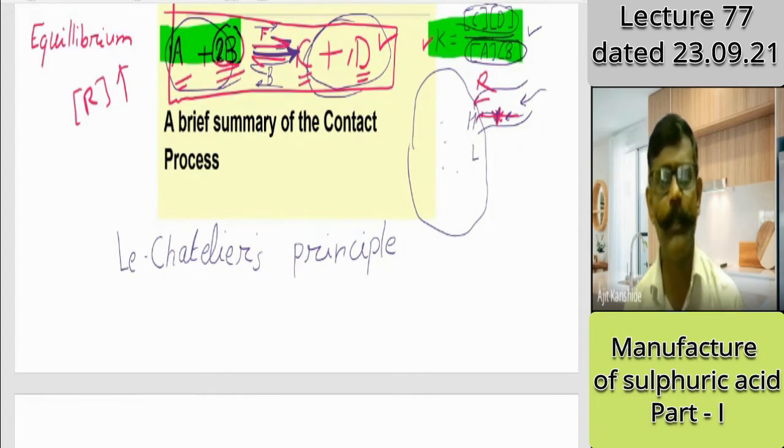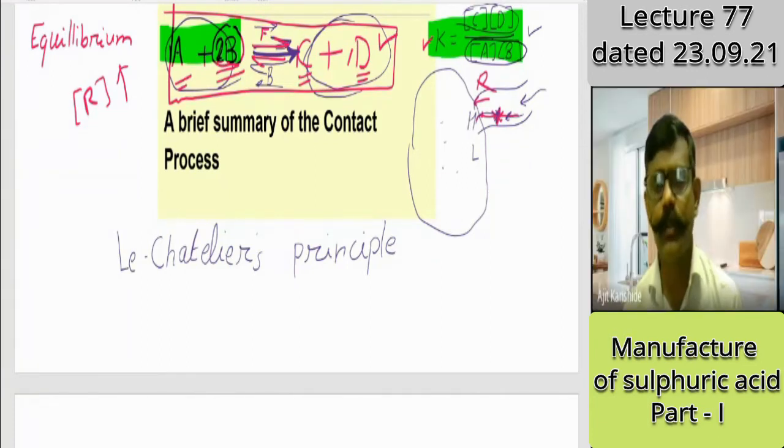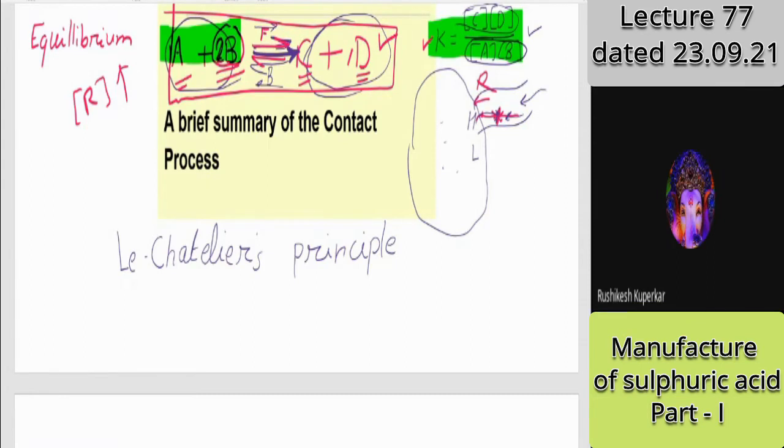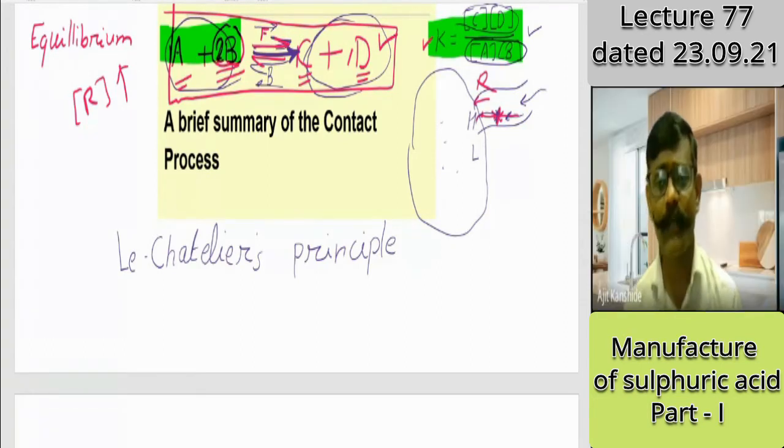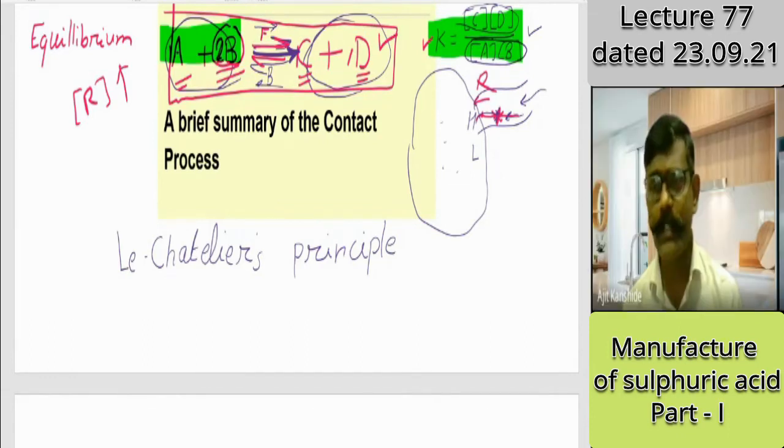Yes, what is the problem here? Ankita, what is the problem? Ganesh, what is the problem? No problem. Then why are replies not there? Rishikesh, what is the problem? No problem, sir. Then why are replies not there? If the question is not clear, ask me to repeat. If you have the answer, answer. And if you don't know the answer, say you don't know. I want clarity. Yash, any problem? No, sir. Then why are replies not there? Muskan, any problem? No, sir.